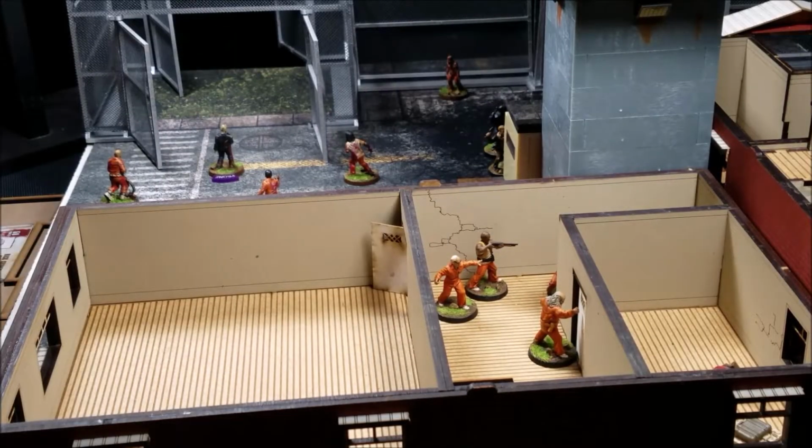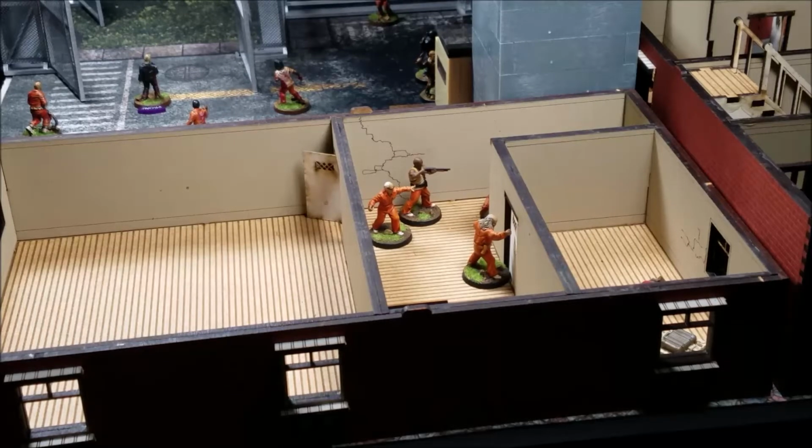All right, this time we're going to come back over here to the prisoners, and we're going to start out with Axel, and he's going to try to get into that door again. Remember that door has a defense value of 1, so we're going to need to roll a 2. All right, so Axel fails to get inside of that door again,